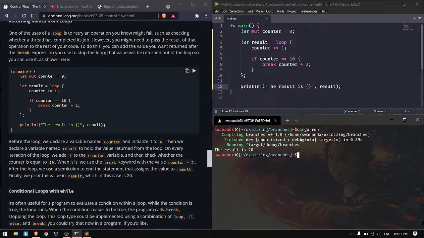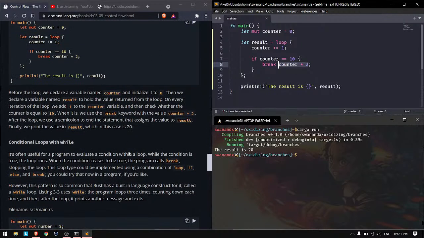you can see the returned result is 20, because this counter plus 1 will get executed until this condition is met. And once this condition is met, we are executing break, and while executing break, we are also giving a value to return. So yeah, that's what is happening here. We are returning 20,